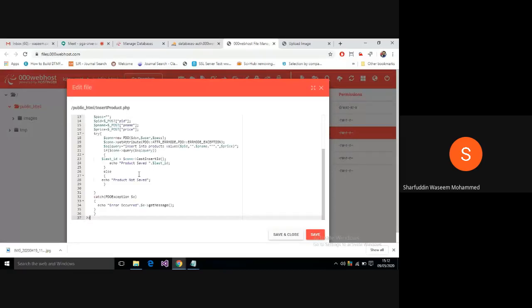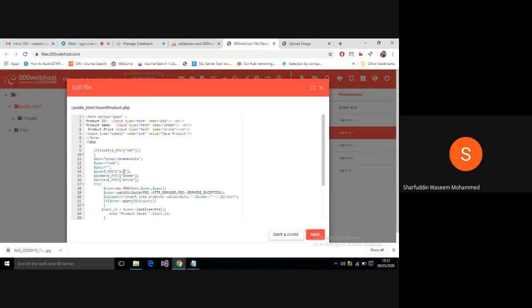Now you may have a doubt: Sir, why are you doing it like this? Just go to upload and upload the file as you wish. You can do it like that, but I want some changes in this. What changes do I want? If you see this DSN localhost, because it is running on the same individual domain, the server name will be localhost itself. So there is no need to write any server name here, just leave it. But I need to change this DB name. What is the DB name, guys?